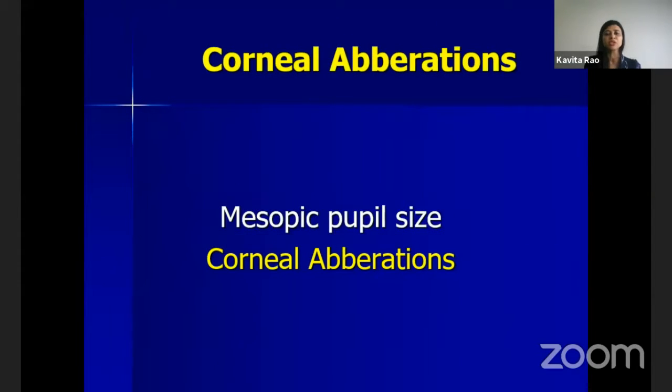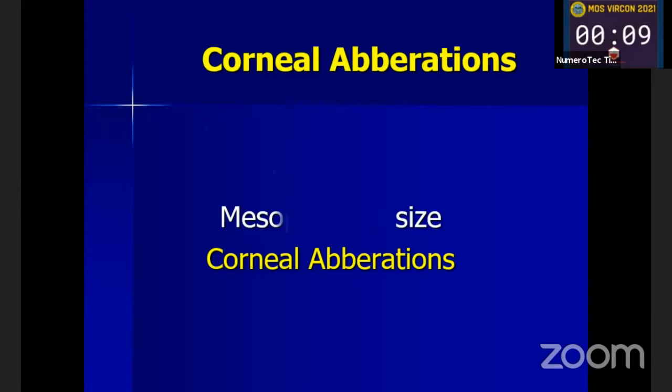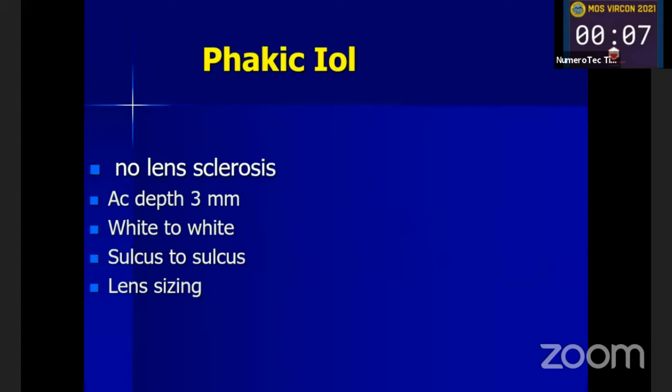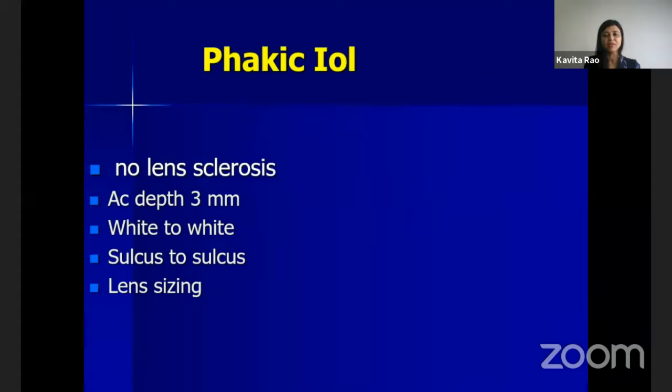Now, corneal aberrations, it's again a whole topic in itself. If the patient has corneal aberrations, these are the patients who are not going to be happy with their quality of vision, like I said, even with lenses. So make sure you're looking for the aberrations. That will be a red flag for why they are not happy. When you look at aberrations, you can use your Contoura or your topo-guided treatments for such patients. Also look for the pupil size. I'm just ending now. And again, this is a large topic in itself.